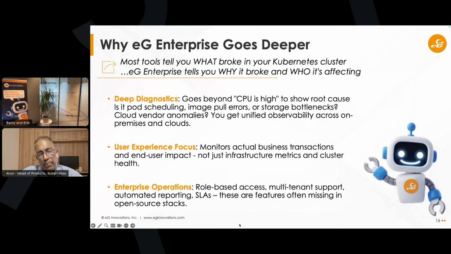So let's talk about that a bit, right? Why does EG Enterprise go deeper than other tools? We talked about the fact that Kubernetes is a highly event-driven system. So what you see is just the tip of the iceberg. You see the symptoms, not the root cause. And you need to know why something broke and who it's affecting, right?